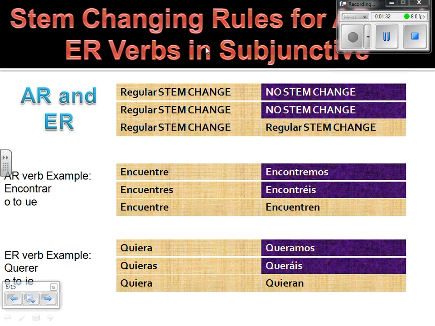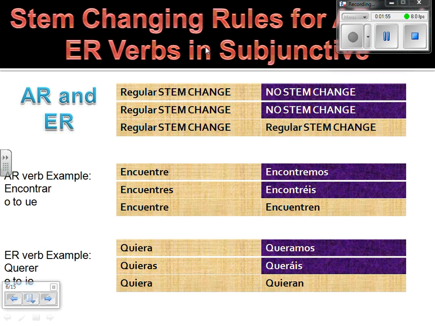An example of an AR stem changer includes encontrar. In this AR verb, the O changes to a UE. Encuentre, encuentres, encuentre, encontremos, encontréis, encuentren. Notice how encontremos and encontréis maintain the O, while the rest of the forms change to UE. The regular stem change for encontrar changes from O to UE in the present tense and follows those same rules